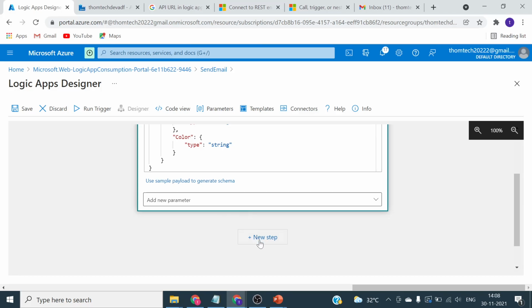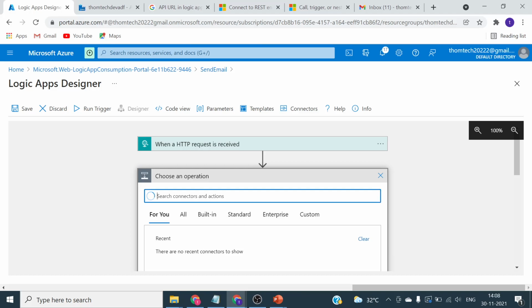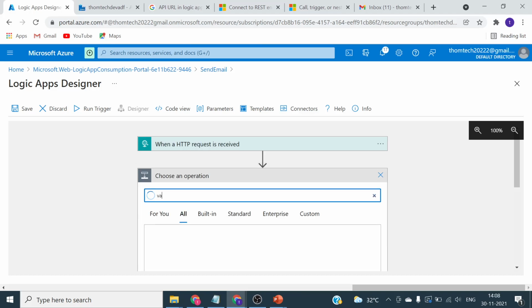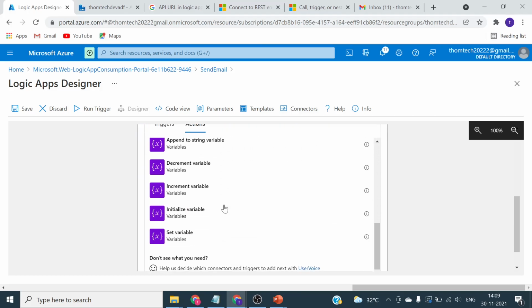Now what we have to do, the next step, click on this to add a step and initialize a variable. Let's search for variable and we will get multiple components, and then we will decide which one to pick up. Okay, scroll down, you will see initialize variable.